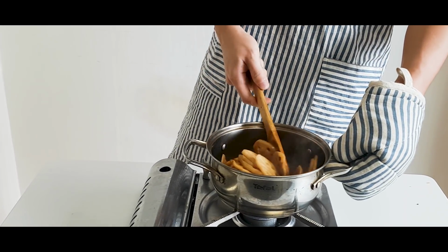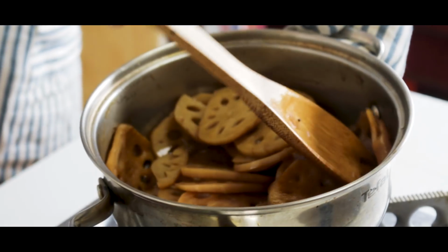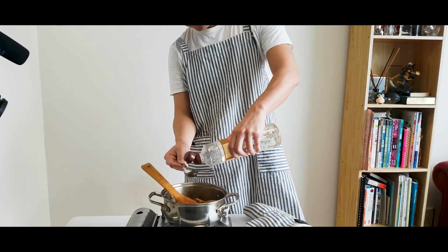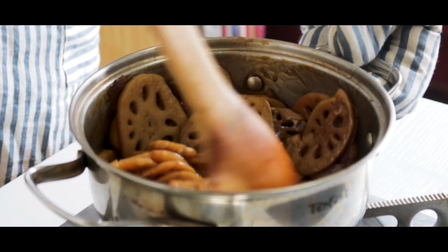We're going to cook it until the lotus roots have absorbed all of the sauce. When the sauce is fully absorbed, give it a taste. It was good, but I wanted a little bit sweeter, so I add 1 more tablespoon of corn syrup and